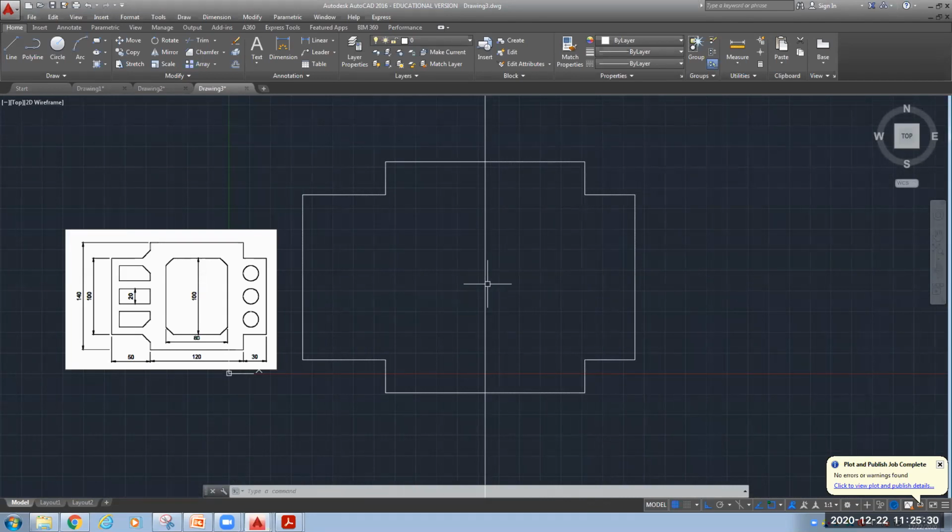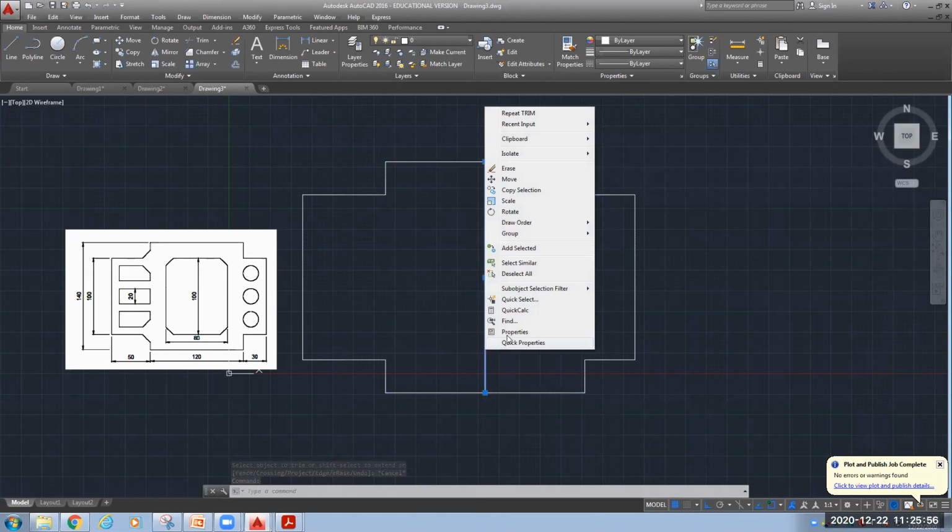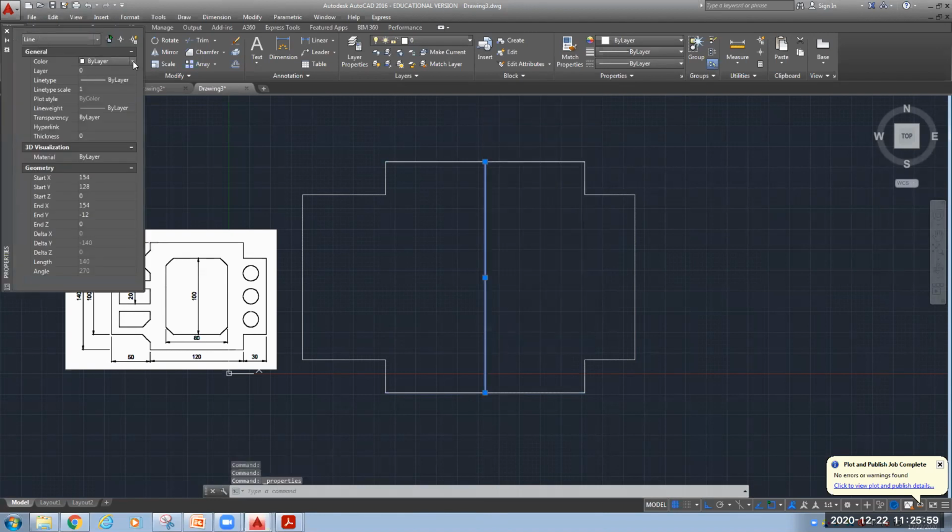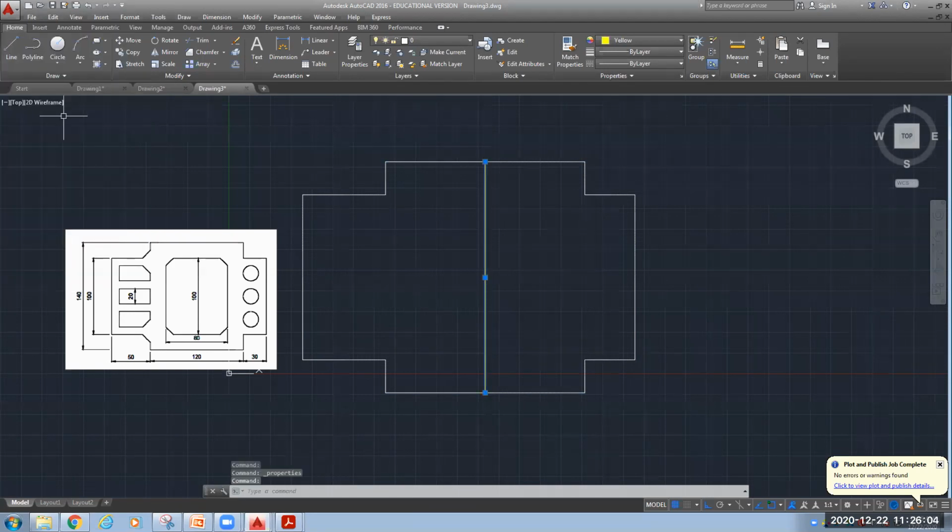Okay. If you want to trim it now, I will use this command trim. I will select first object and this is your second object. By pressing the shift key, you can select multiple objects, press enter, delete the extra part. Okay. Since this is construction line and this is not the center line, so just for differentiation, I will change the color of this line. I will make this with some different color. I had made it yellow color.